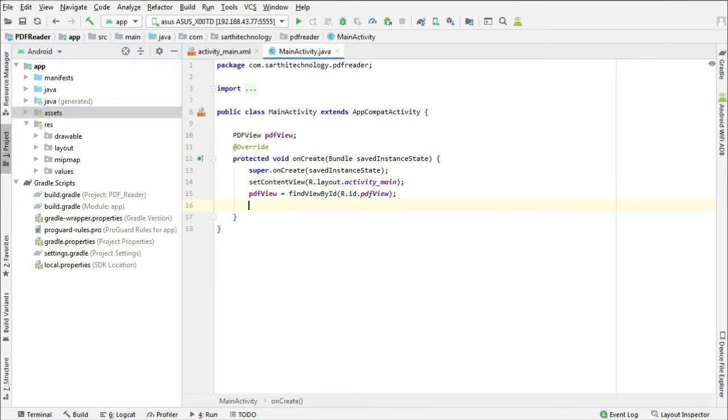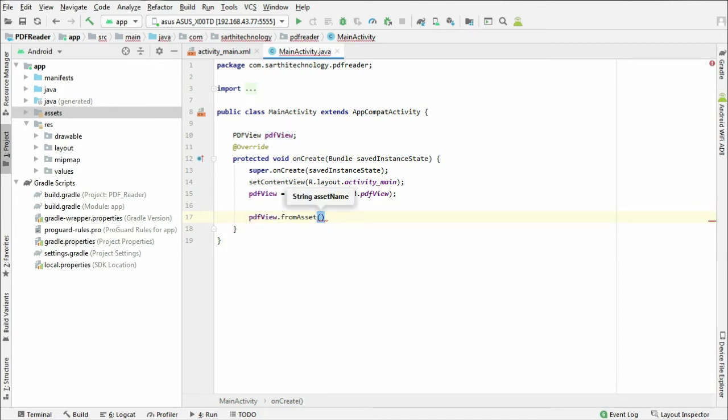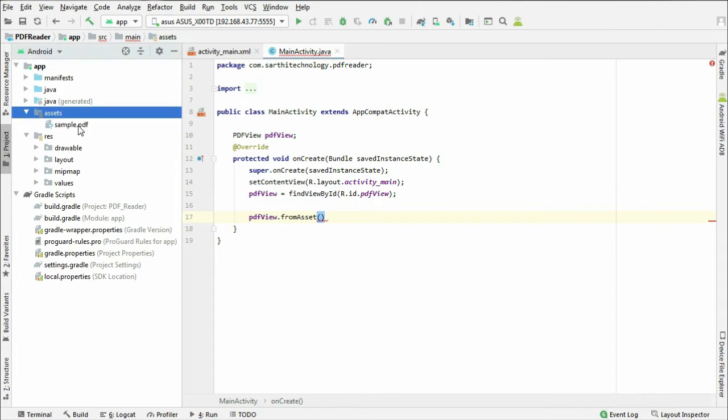Now it's very simple, just use this PDF view dot from asset and name of the file is sample.pdf dot load.